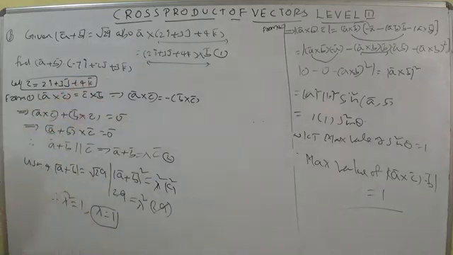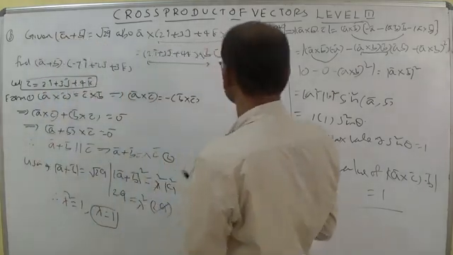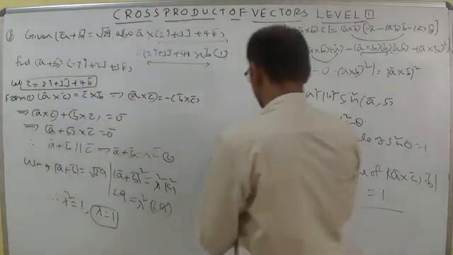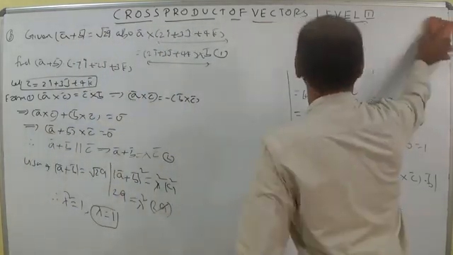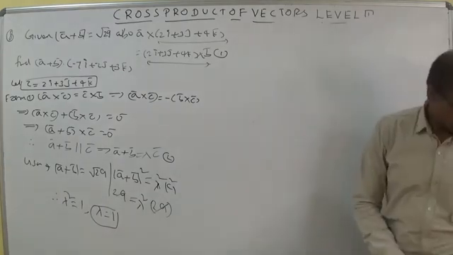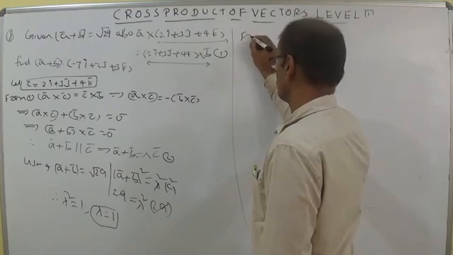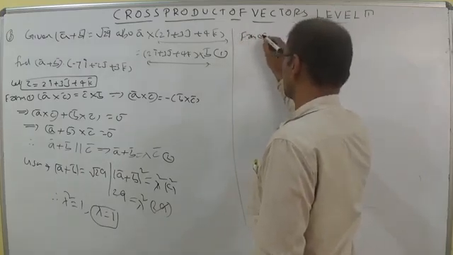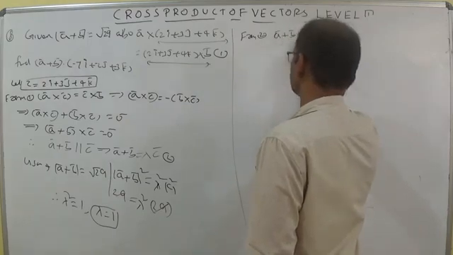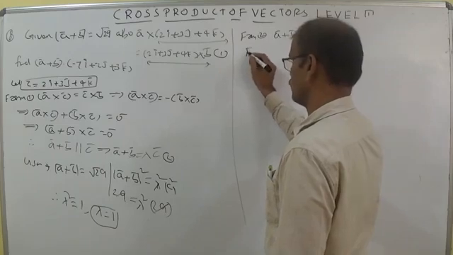Now lambda is equal to 1, we got A plus B simply becomes C. From 2 we can say that A bar plus B bar is equal to C bar because lambda is equal to 1. Find,